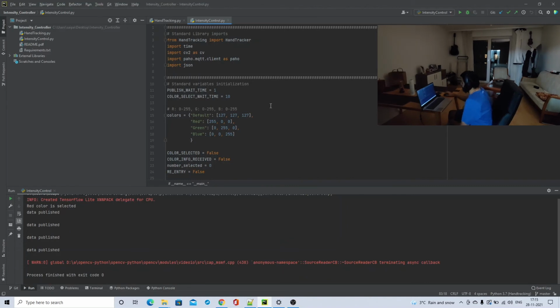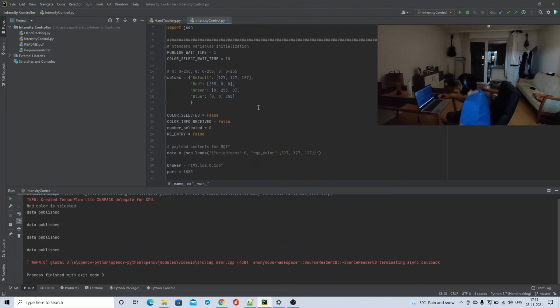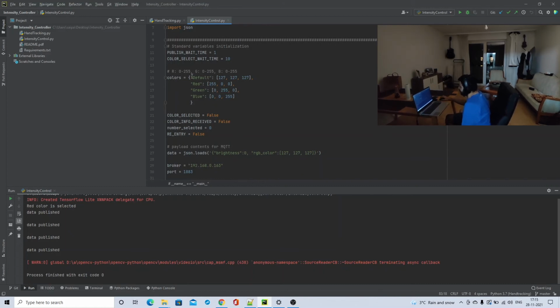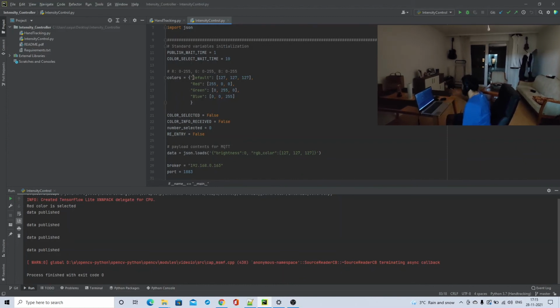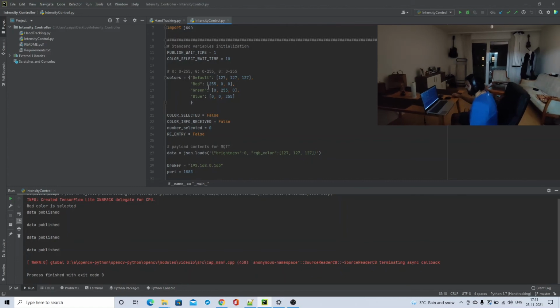So the primary intent, of course, is that you can select the color with the hand number counter and then control the intensity based on the pinch to zoom feature. At this point, we have provided three different colors, which of course can be made dynamic, but for demonstration we've stuck to three. And when there is no option, it goes to a default color. The no option part is where you select a wrong number of, let's say, 4, 5, or so on, or you don't have any number at all for the first 10 seconds. It goes into the default color.